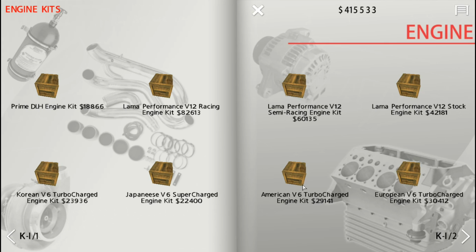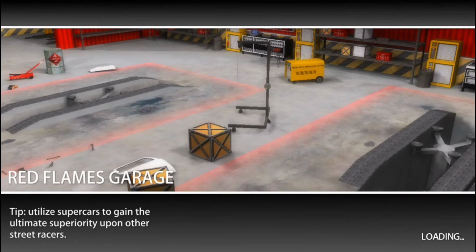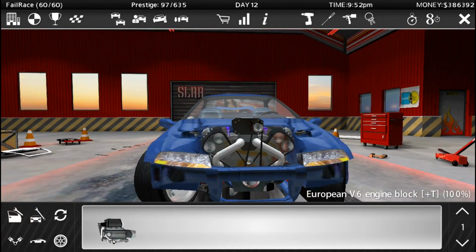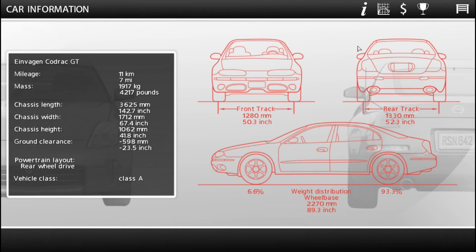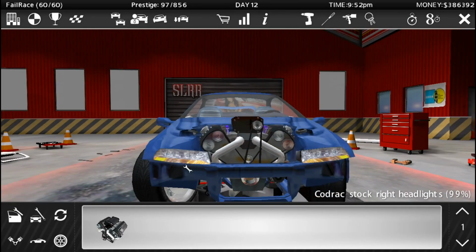Maybe if we bring... Okay, here's what I'm thinking. We're going to buy... Oh, wait, that's got more power than my engine has at the moment. Hold on a second. Right, engine out. European V6 out. American V6 in. That's 800. Okay, that's got more power than my bloody engine in it. And mine had all of the little...